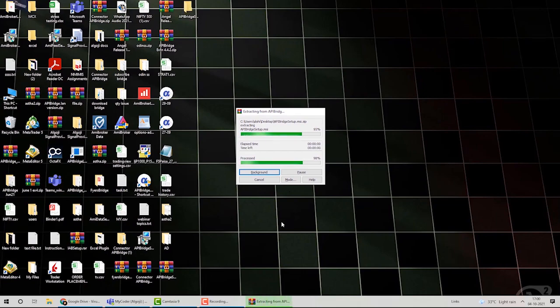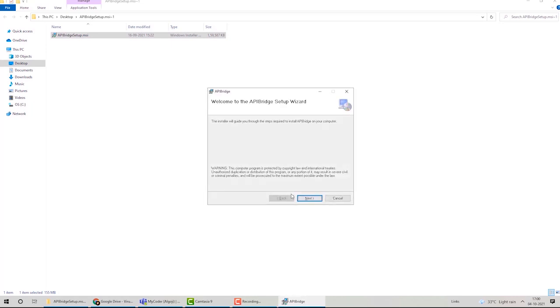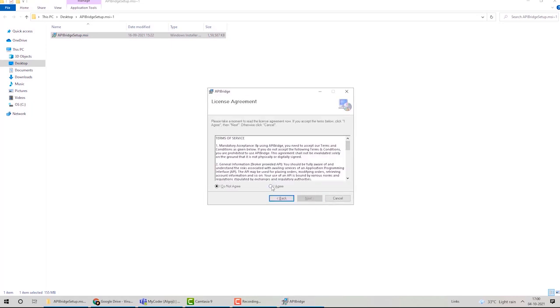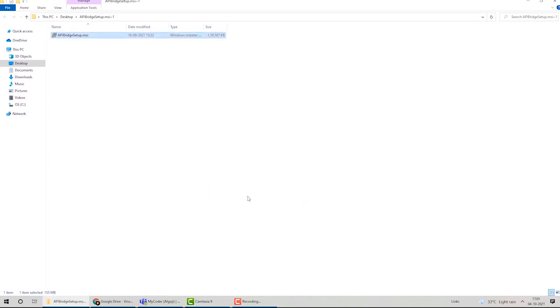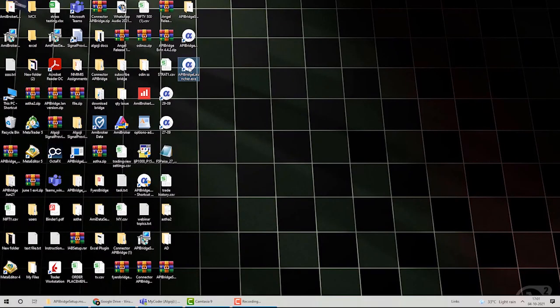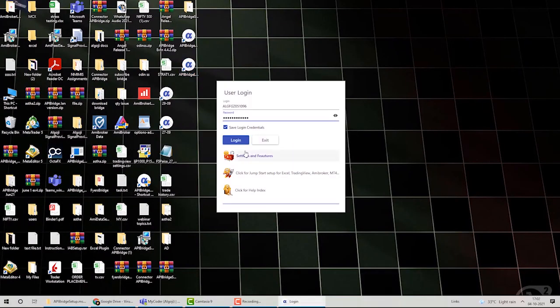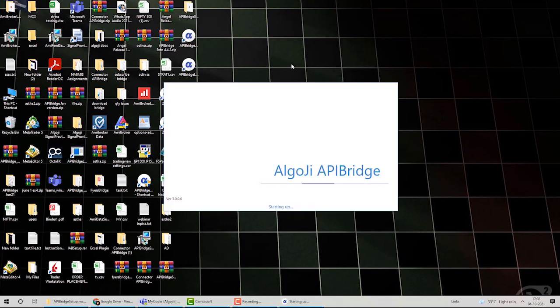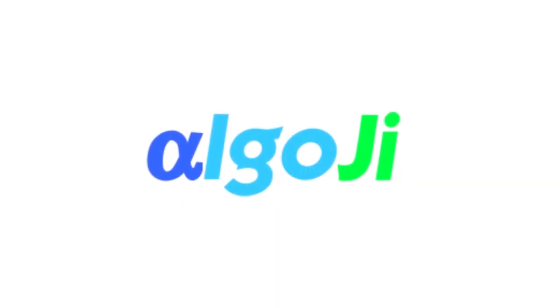Go to the downloaded zip file, extract it, and run the installer. Log into API Bridge Launcher by entering the credentials received in email and start algo trading with API Bridge.